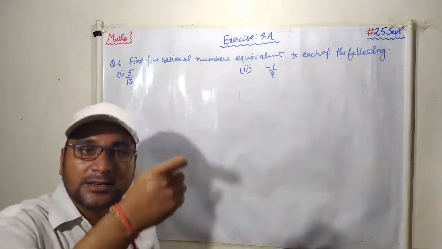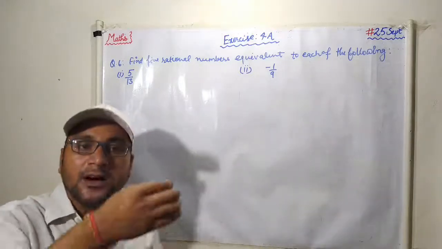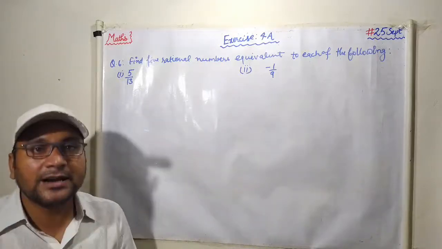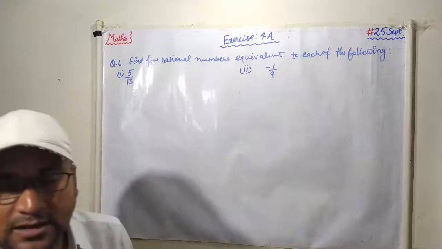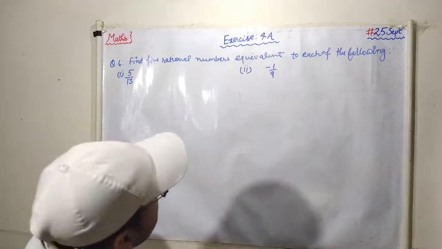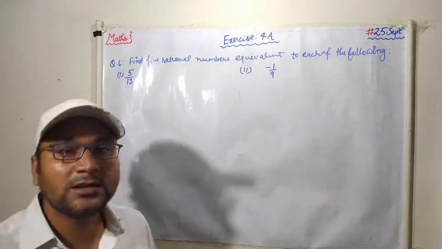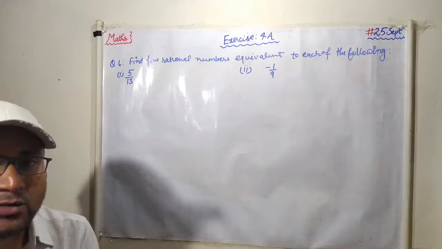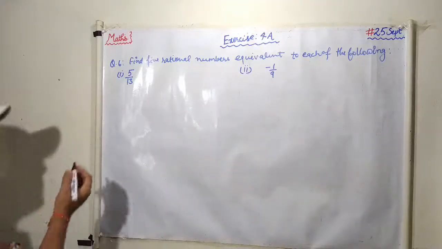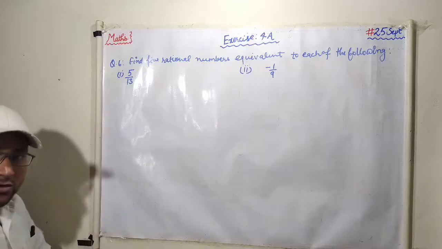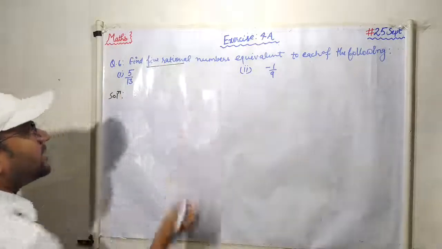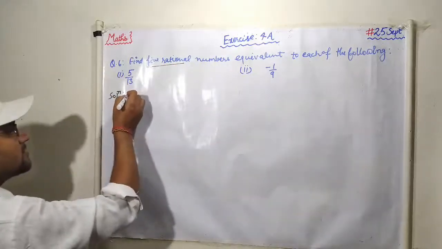If we divide or multiply both numerator and denominator by the same non-zero number, then what we get is equivalent to the given rational number. In most cases you get an equivalent rational number by multiplying. So here I'm also going to multiply with the same non-zero number. In that solution, students, we want 5 rational numbers, so write this one.